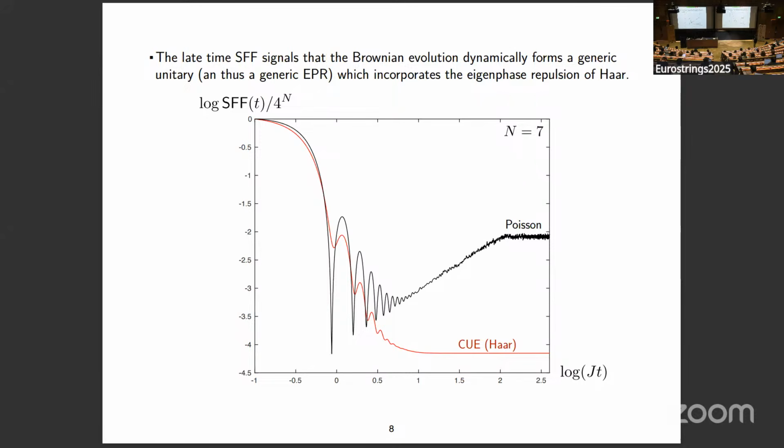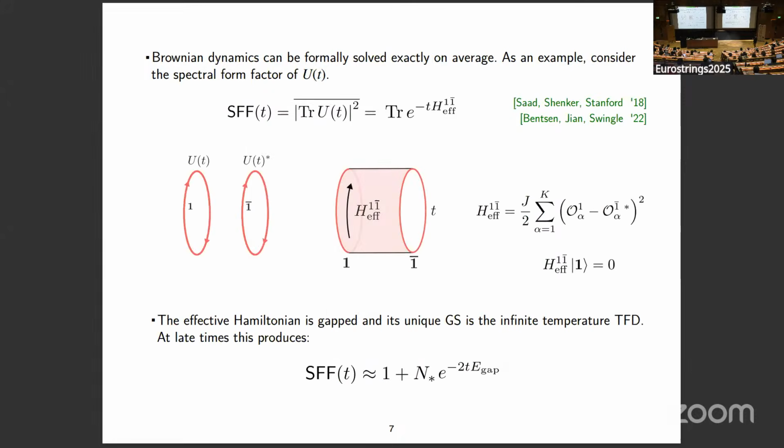Let's now compare it to what is expected for the spectral form factor for time evolution operators generated by time-independent Hamiltonians. So this is what is famously known as the slope, ramp, and plateau structures in the spectral form factor, which essentially represent the fact that the Hamiltonian is chaotic. In particular, the ramp is what represents the fact that the Hamiltonian is chaotic. But what I want to show here is that when we computed this value of 1 for the spectral form factor,